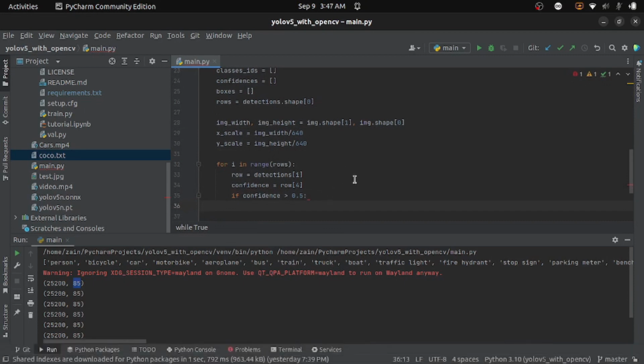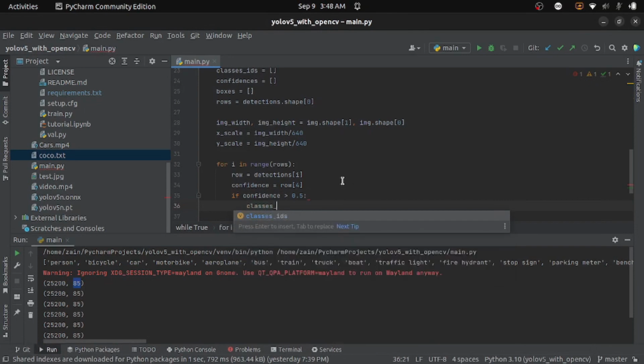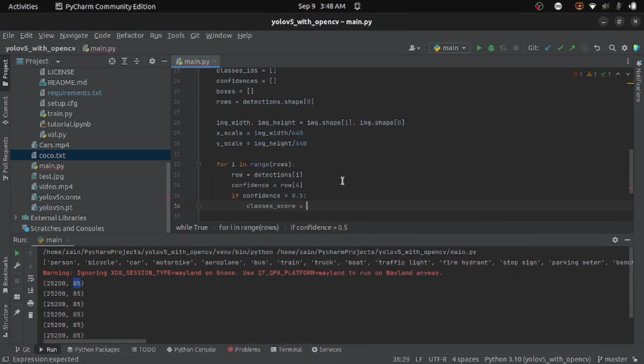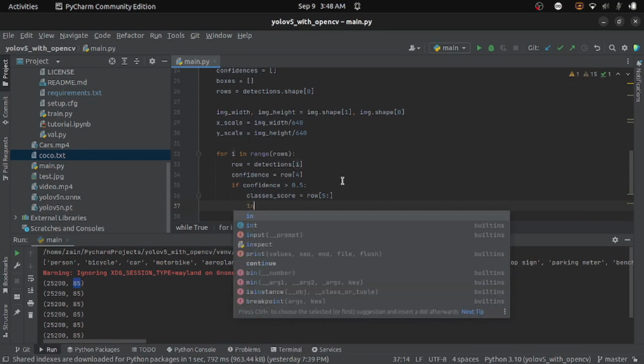So for that we will write classes_score equals to, and as I told you before, these are the last 80 entries. So here I will write row, and in the bracket I will write 5 colon. Now the next step is to find which class is detected. So for that I will find the index of the maximum class score, which is also the ID of the class which is detected. So here I will write int equals to